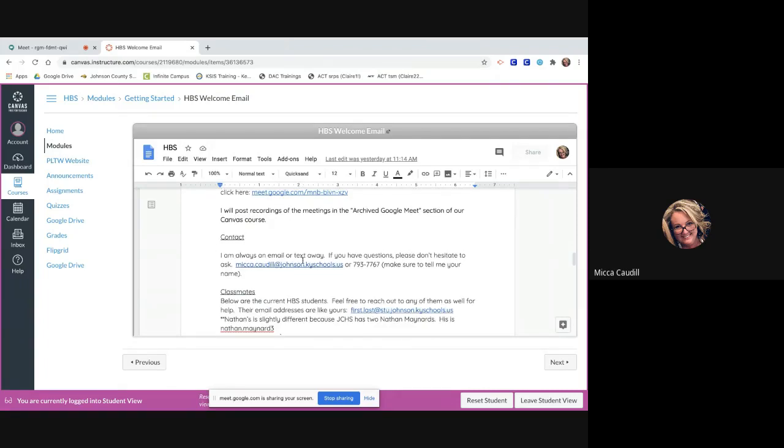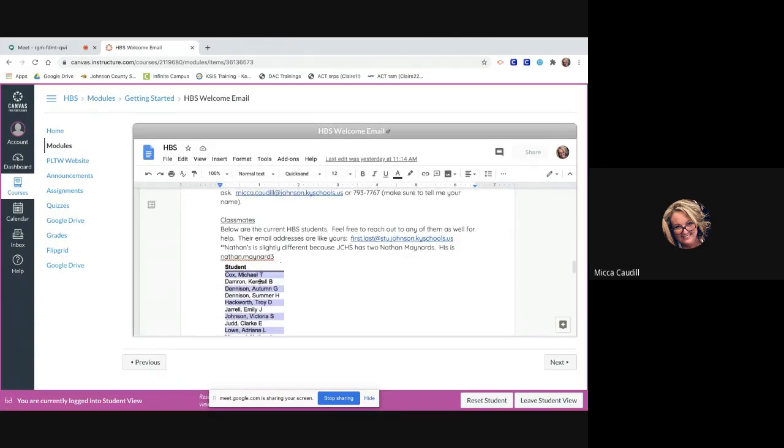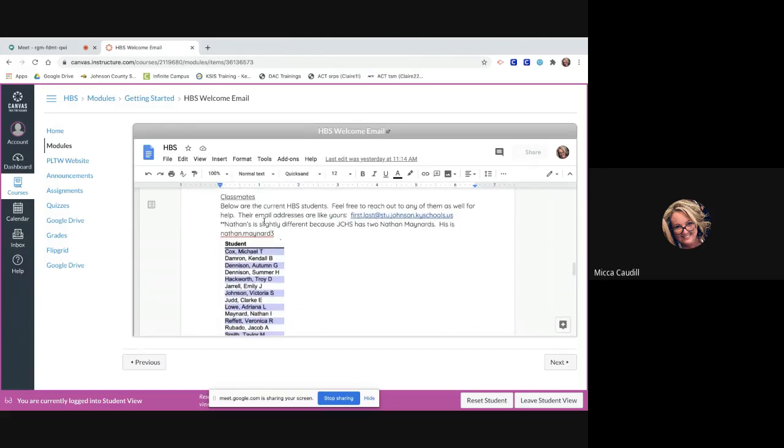And I'm always an email or a text away. So if you have any questions, don't hesitate to send an email or send a text message. But if you do send a text message, make sure to tell me who you are so that I'll know who I'm responding to. I've also added a screenshot of all the kids that are in Human Body Systems class down here,